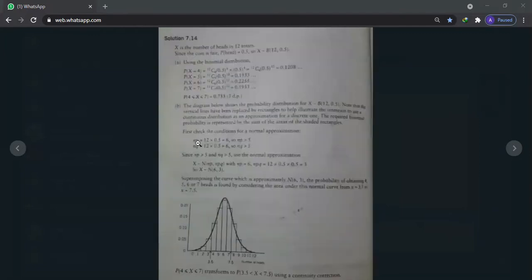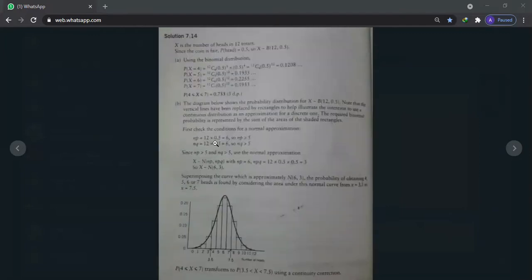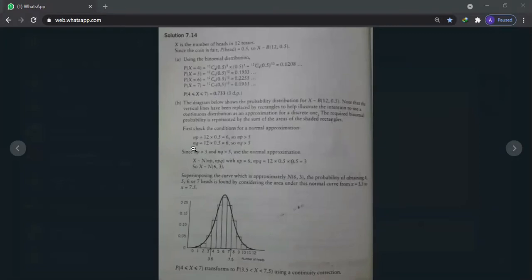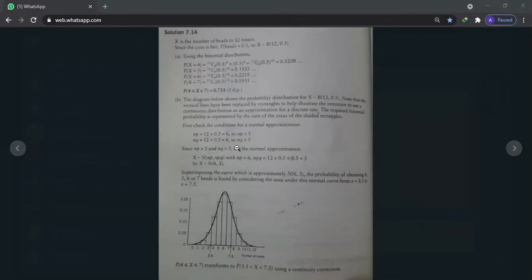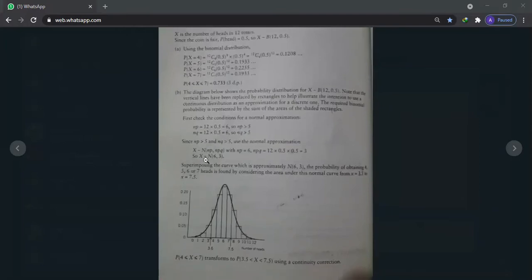Here NP is equal to 12 into 0.5, which is 6. NP is greater than 5. And we will also find out NQ. NQ is equal to 12 into 0.5, which is 6. NQ is greater than 5. Since NP and NQ